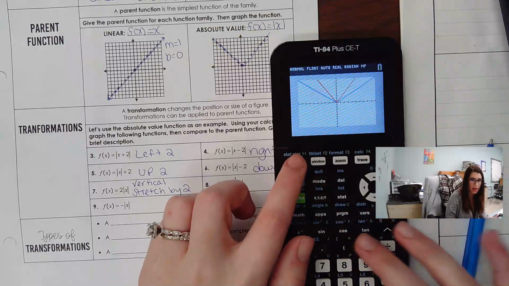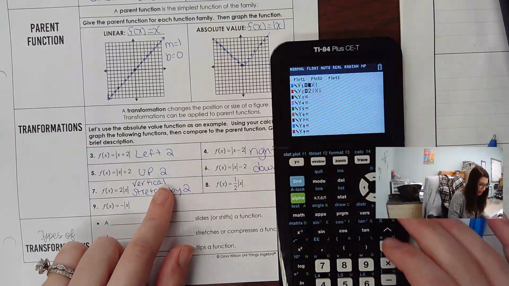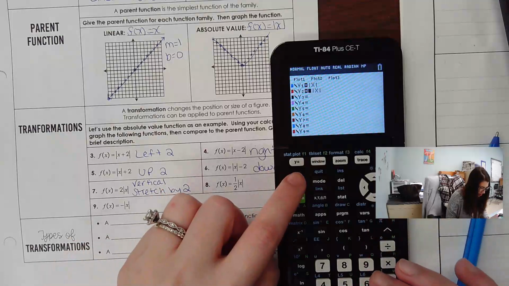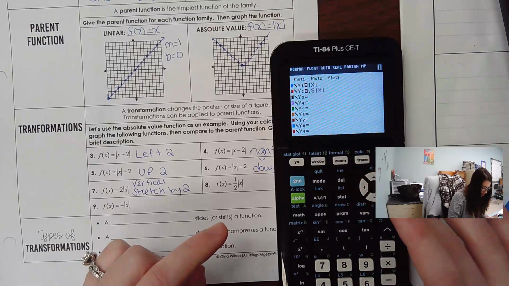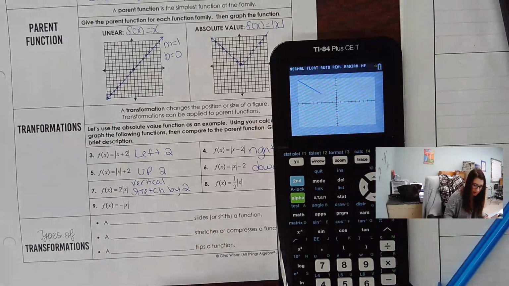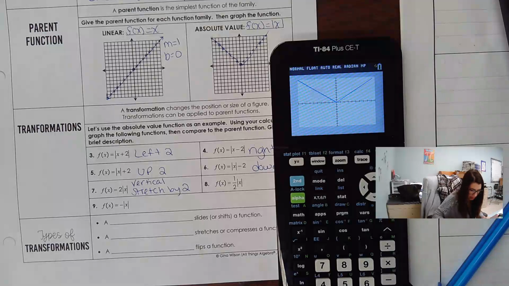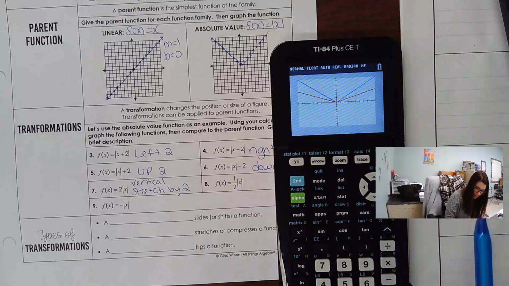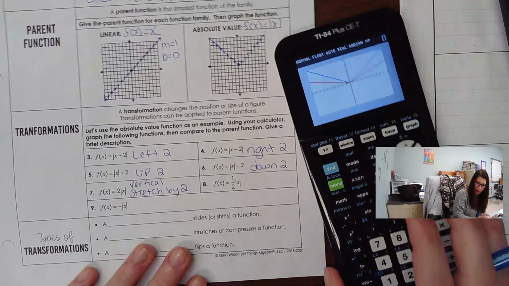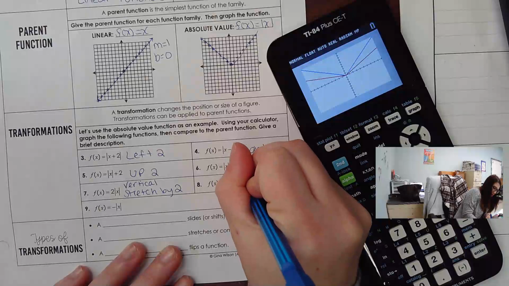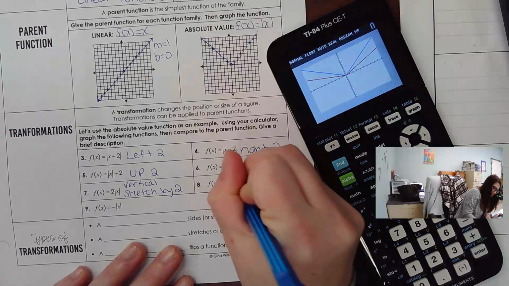So then let's go back into it. Let's see what happens with 1/2. So I'm just going to do second insert and put 0.5 and delete that 2. And I noticed this one just got wider. So that's a vertical compression